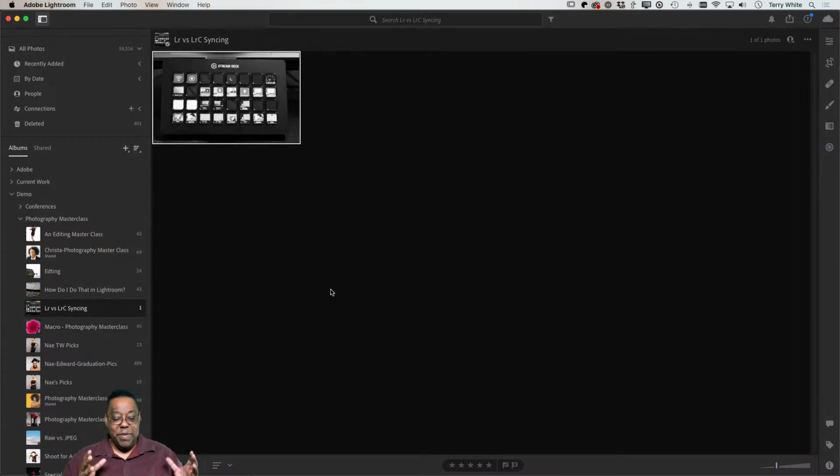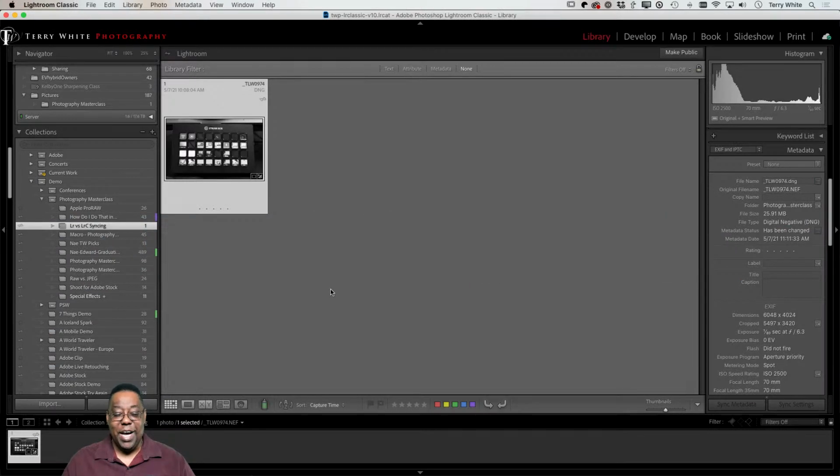So far, we've learned how syncing works in Lightroom Classic. You start on Lightroom Classic with whatever the original is, RAW, DNG, JPEG, whatever. If you want to sync them to the cloud, you have to put them in a collection.